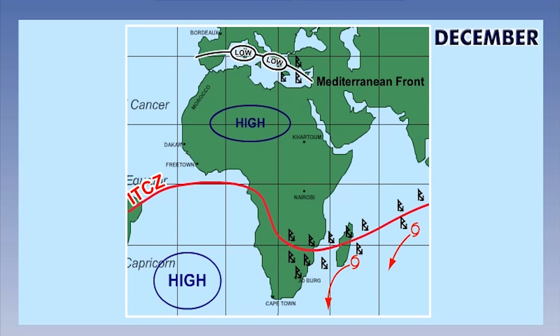The next element to discuss is the major surface wind patterns across the region of Africa in December. We already know that the trade winds blow from the subtropical highs to the ITCZ, and they are shown here. However, the northeast trades in the West African region are in fact monsoons. To complicate matters even further, this dry